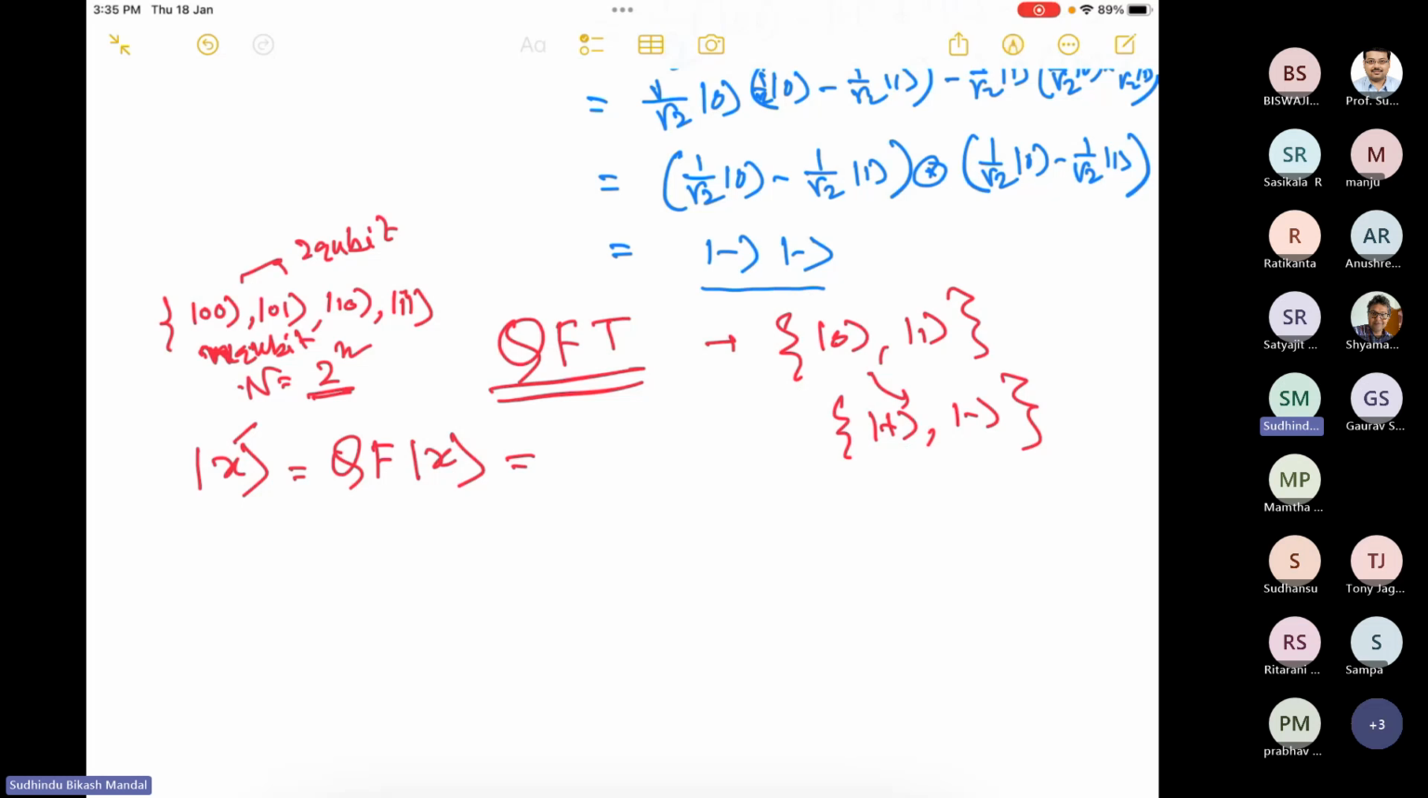So if I apply QFT over this x, then our mathematical expression will be some normalization condition, 1 by root over N, summation of y equal to 0 to N minus 1, and there will be e to the power